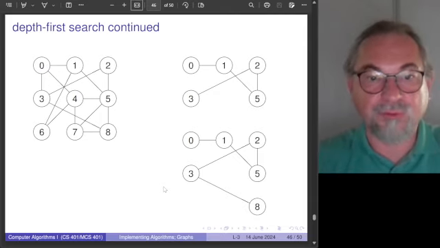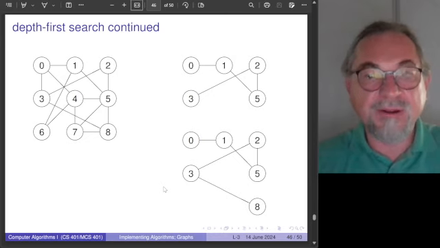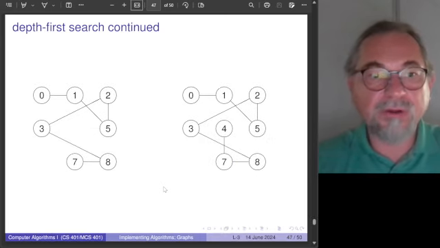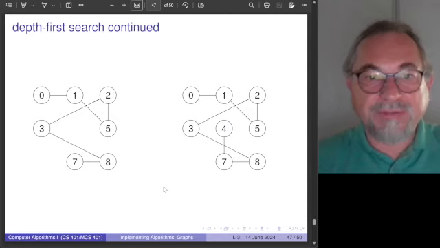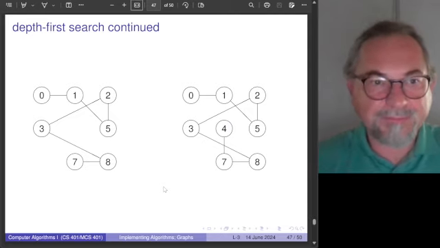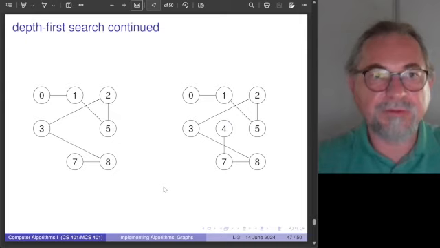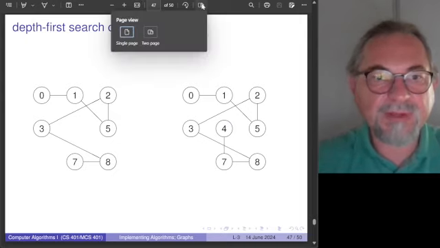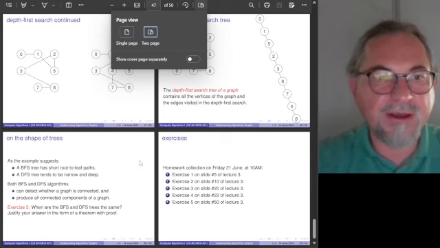We can go to 3, but we don't turn back. Therefore, we go to 7. From 7, we go to 4, and in some sense, this is a little bit confusing